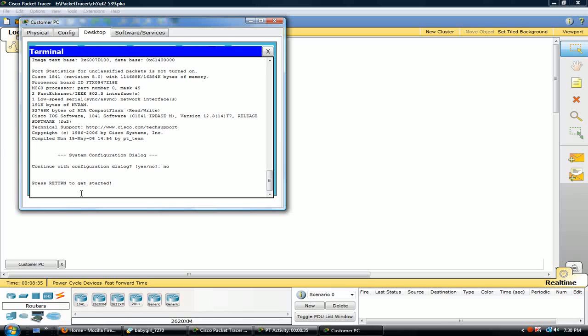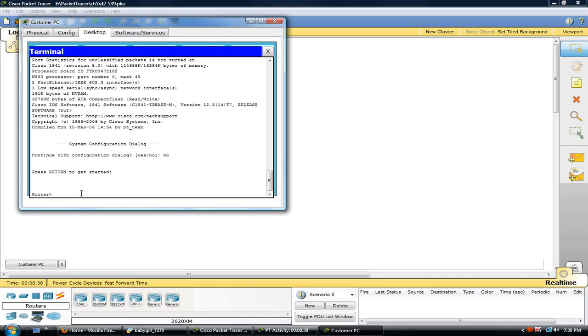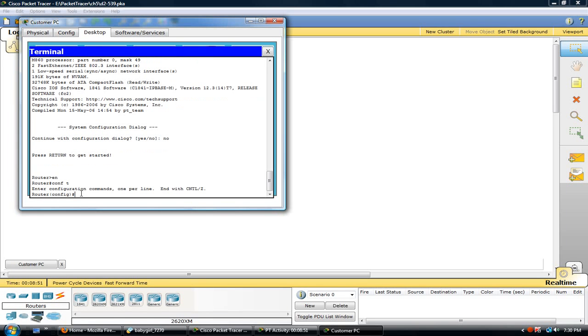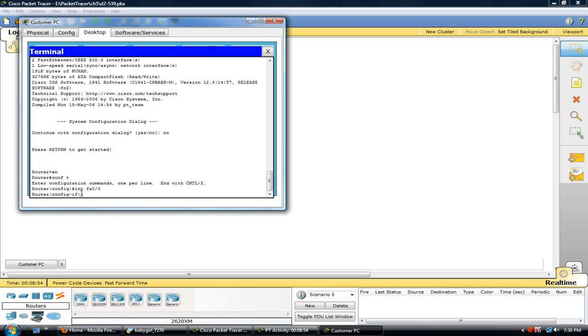Continue with the configuration dialog? We'll type no. Now we want to configure the FastEthernet 0/0 interface again, so we'll type en to enter privileged mode, configure terminal, interface fa0/0, and then we'll set the IP address to 192.168.1.1, with a subnet mask of 255.255.255.0,